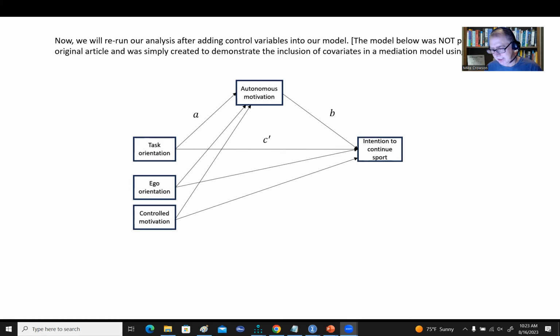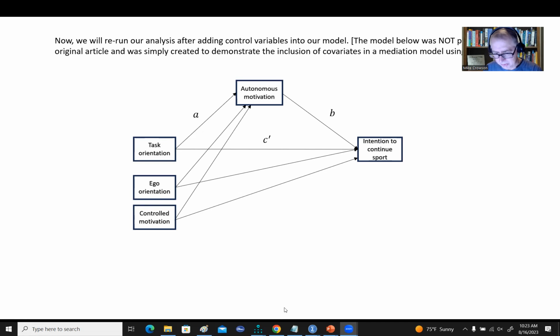This model right here is in no shape or form what the authors were proposing. They actually were proposing in that article that the effects of task orientation and ego orientation on intention to continue sport is mediated by autonomous motivation and controlled motivation. So I'm just using this particular specification just to illustrate how you can include control variables or covariates in your